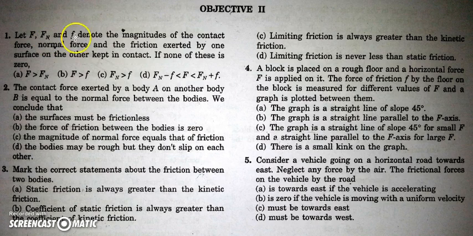Let Fn and small f denote the magnitudes of the contact forces: the normal force and the friction force. Obviously, contact force is the resultant of normal and friction. Then which of the following is correct? That F, which is the total contact force, should be greater than the normal force. So obviously it is the resultant, so it should be greater than the normal force,